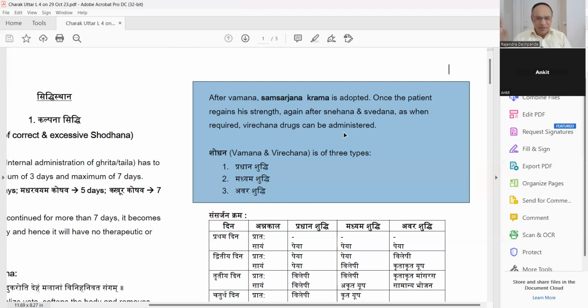Nobody does all the Panchakarmas. Some people will be given Vamana, some Virechana, some Basti. But in the Charaka Samhita, the text explains what the procedure should be. First Vamana. If anybody wants the Rasayana treatment, then Virechana, then Basti, then Raktamokshana. But nowadays, all the Panchakarmas are not done.